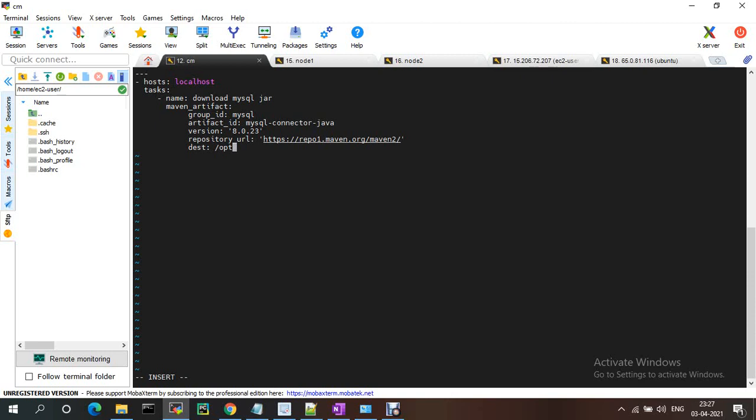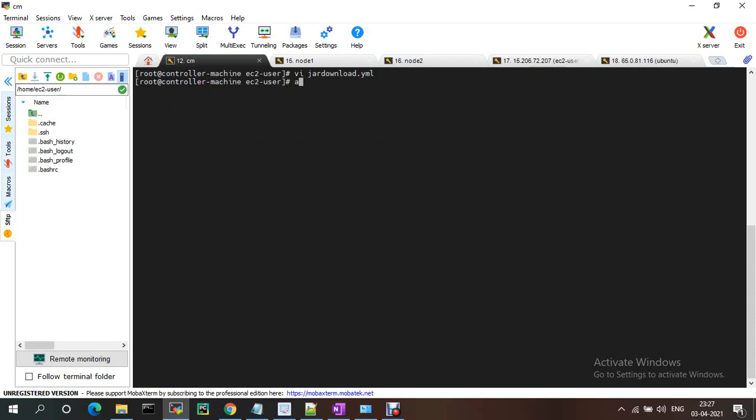This is the Artifactory, and I'm just running this one. ansible-playbook. Inventory is not required, just the playbook name.